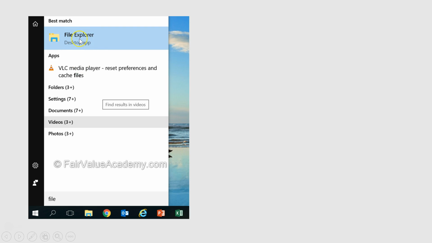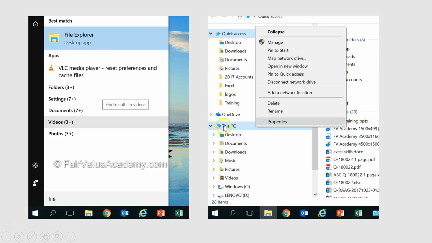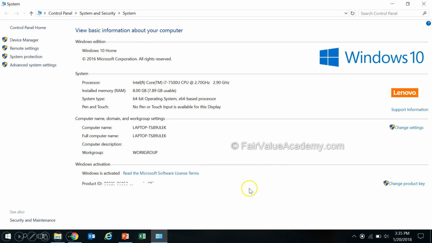You will get File Explorer. Click on File Explorer and you will get this screen. On This PC text, right click and then click on Properties to get this particular bit of information. This is the information about your computer, where you see the Windows edition, the system, the configuration. For example, we have Windows 10, the processor is i7, the memory is 8 GB and the system type is